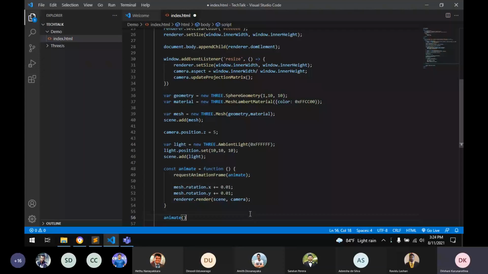So this will create a loop that causes the renderer to draw the scene every time the screen is refreshed, and this executes every frame and gives the object a rotation animation.